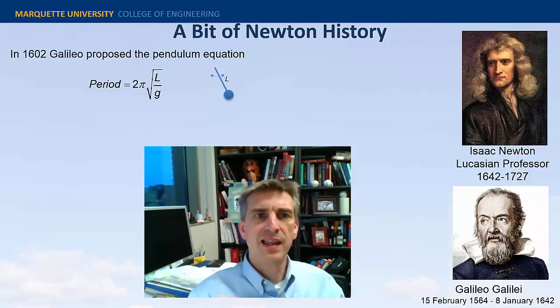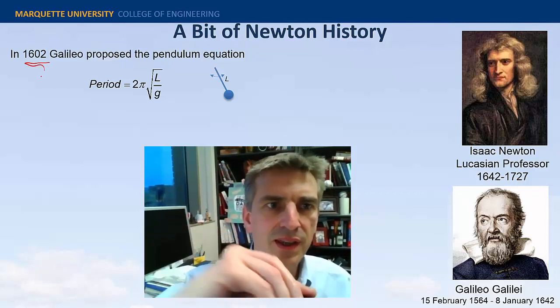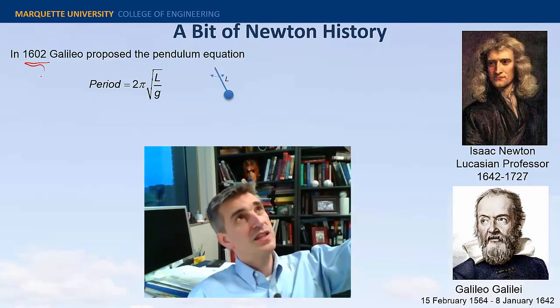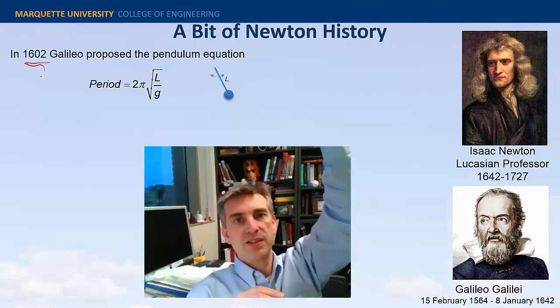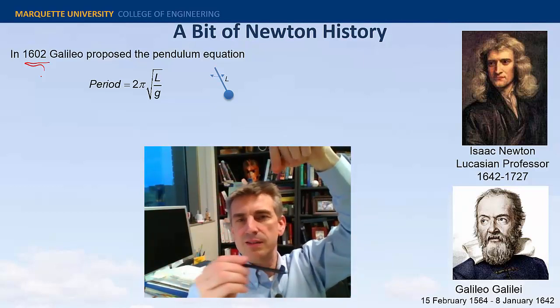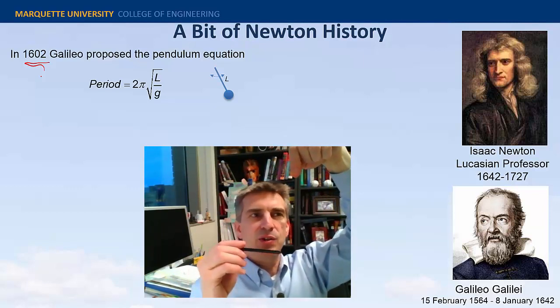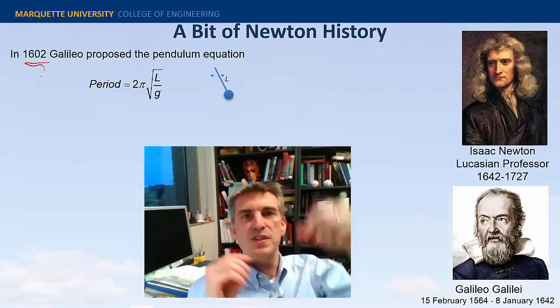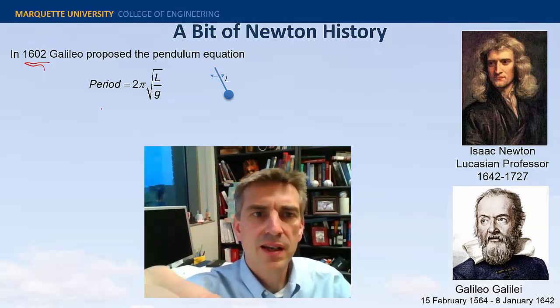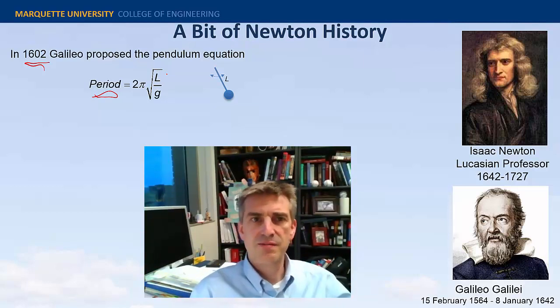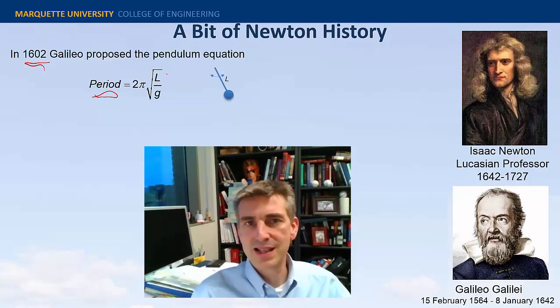If you go back and read his paper, he really started with Galileo's idea here. Now, Galileo had preceded Newton, 1602, and he was goofing off in church one day, looking at the chandeliers hanging from long chains in these cathedrals, and noticed that they would swing. Even today you can go into a church and see these a little bit swinging. And he noticed that the period of all the chandeliers was the same. And the period, meaning how long it takes to go back and forth one time, is the relationship 2π times the square root of L, the length of the pendulum, divided by g. And this is a fabulously accurate